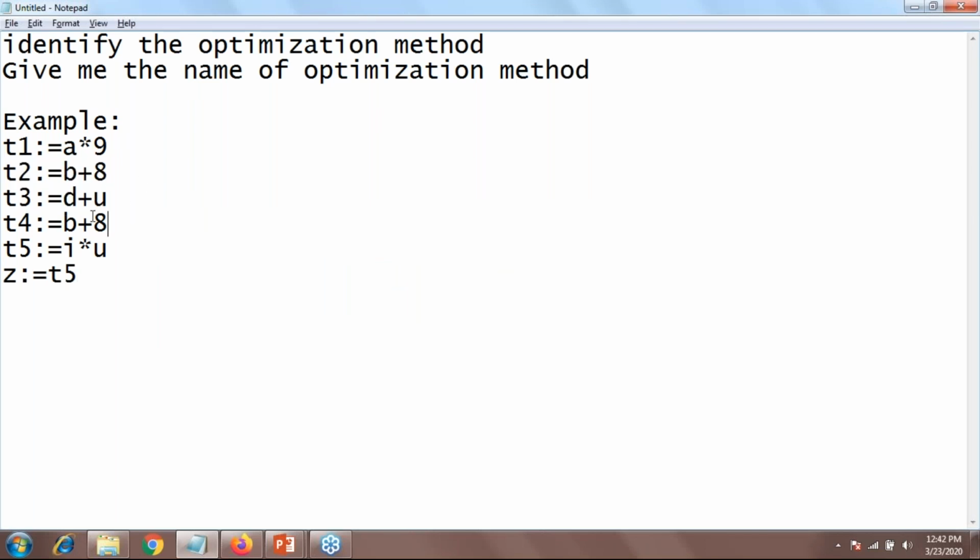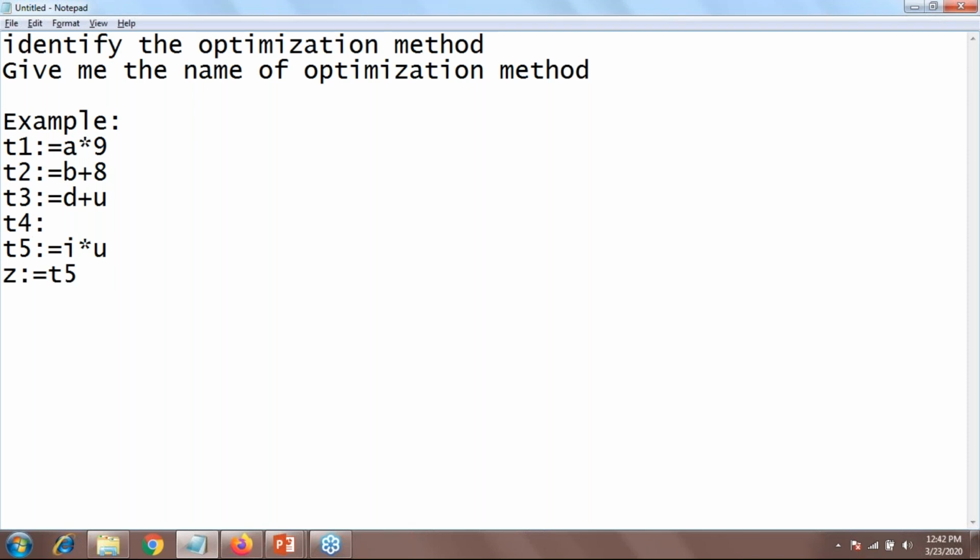T2 as well as T4, both sentences are the same, and there is no other operation on T2 or my T4, right? So if I eliminate my T4 equals B plus 8, then it can easily work, right? Because these two methodologies work as the same, and I don't want to use any other operation with the B as well as any other operation with T2, or you can say T4, right?